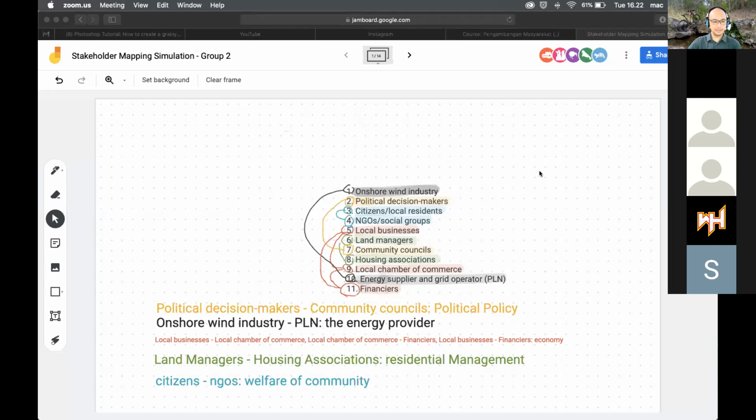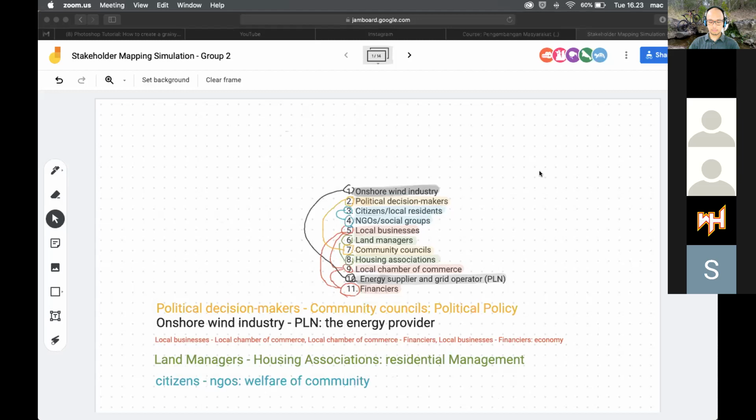We still didn't arrange this, but this is our idea for the first. We thought that the political decision makers and the community councils are related, and they contribute to political policy, and the onshore wind industry and PLN are related to the energy provider sector, and the local businesses and local chamber of commerce are related, since the local businesses are